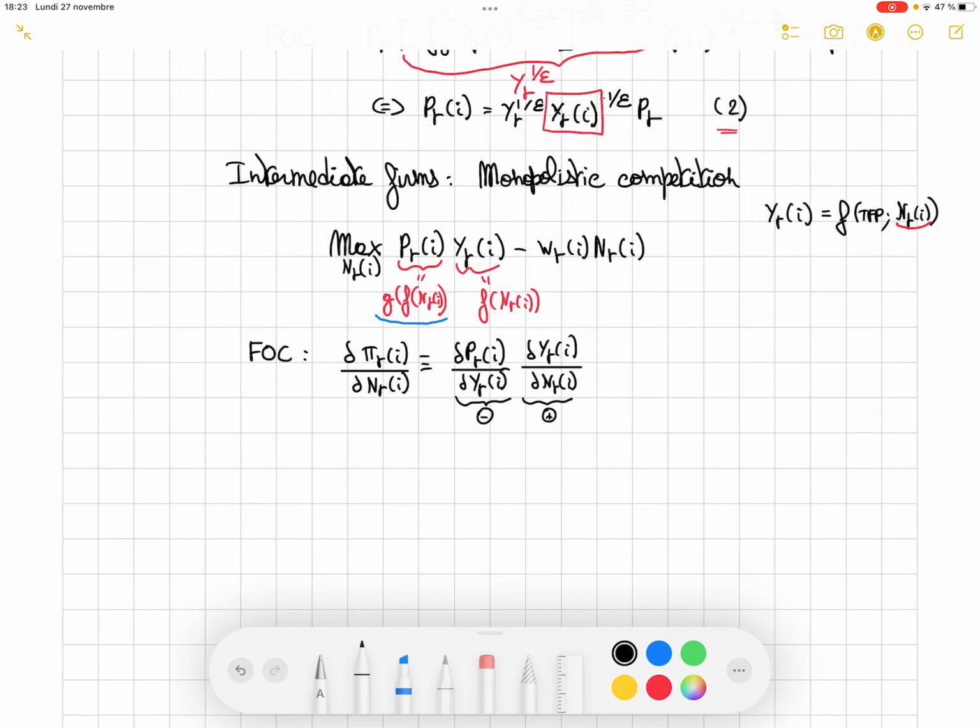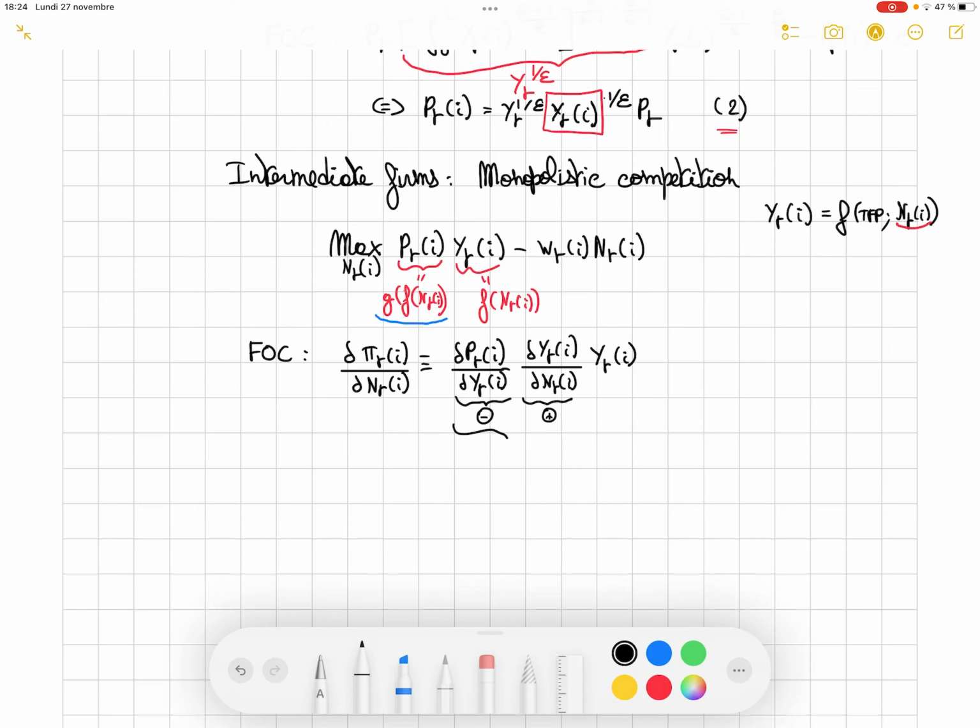Okay. And we multiply this, of course, by the level of production, because it is of course a decrease in our profit on all the units. Because we decrease the price for all the varieties the firm is producing, we have a decrease of the profit. The decrease in the price is multiplied by all the level of production. It's a decrease of the profit on all the things we are selling because the price decreases.